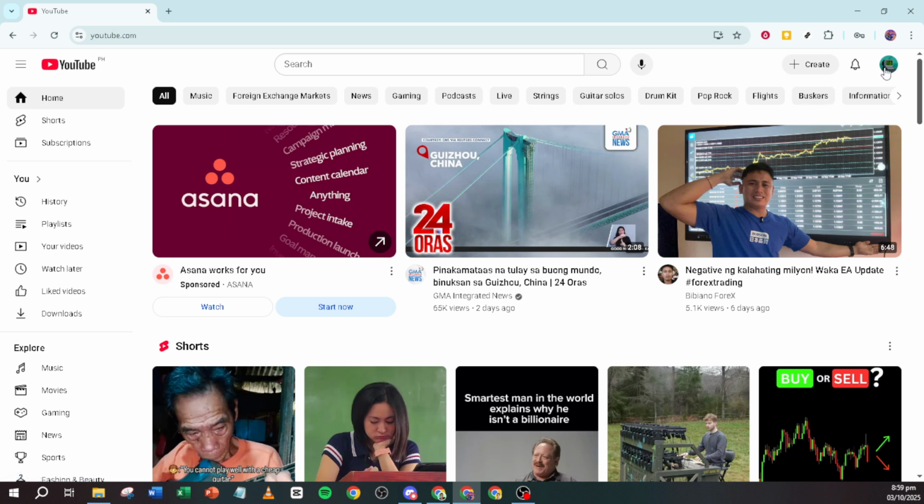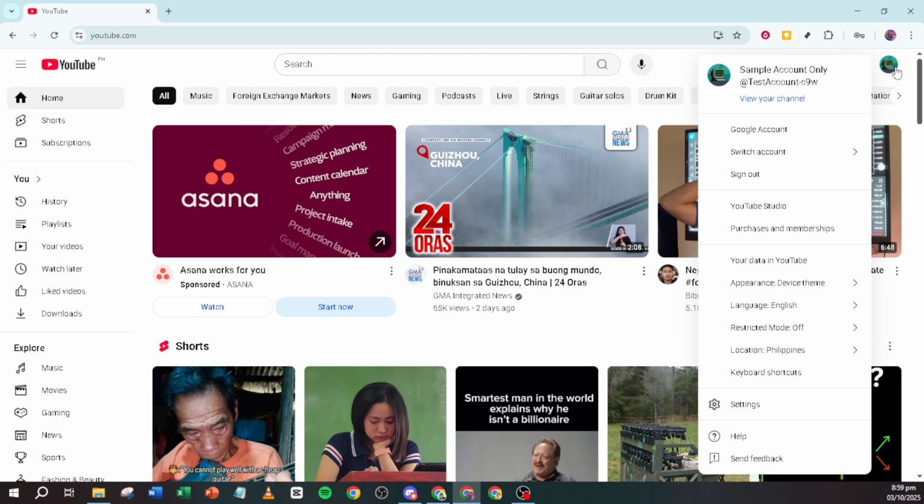First, you'll want to open up your web browser and head over to youtube.com. It's a familiar place for most of us, and the good news is that navigating to the account settings is quite straightforward. Once the home page loads, move your attention to the top right-hand corner of the screen. This is where you'll see your profile picture, or perhaps a circle icon if you haven't set one. Go ahead and click on your profile picture.